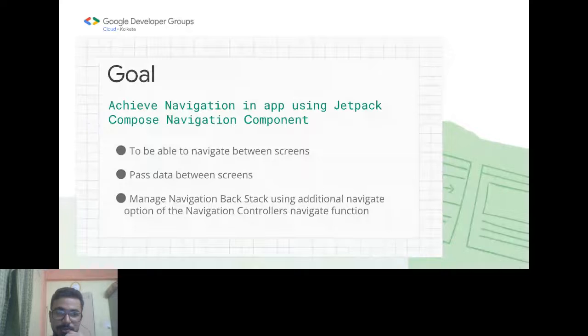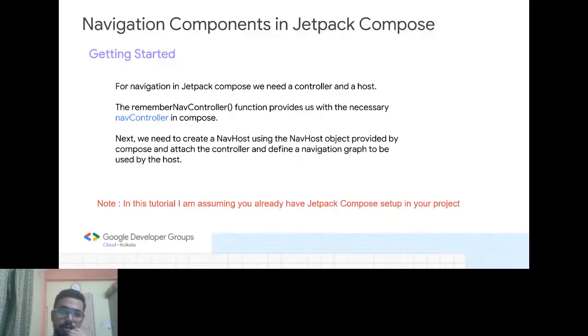So let's start. So navigation components in Jetpack Compose. For navigation components, we need a controller and a host. These are the first things we need. So why a controller and why a host? Basically in Jetpack navigation, we need the controller because we need something that can control all the parts of the navigation, something that can navigate from one screen to another. That's where the controller comes in. It provides us important methods and parameters which we can pass to customize the navigation and move from one screen to another. And what the host does, this host hosts all the screens that are present, all the routes that are present,